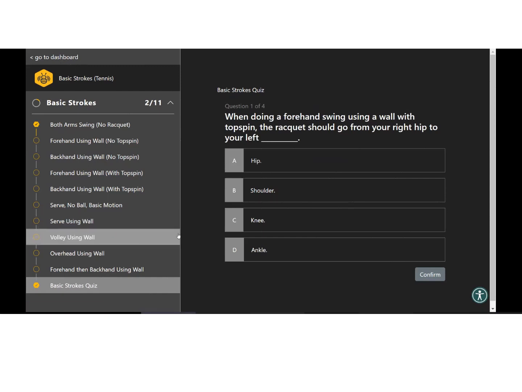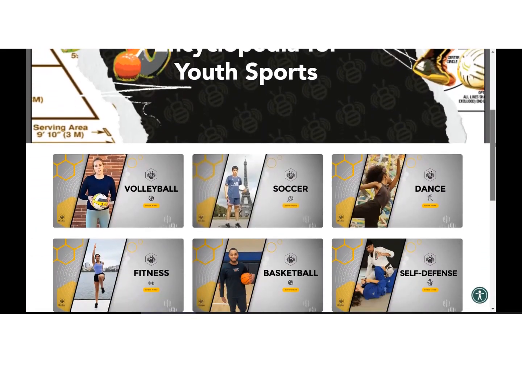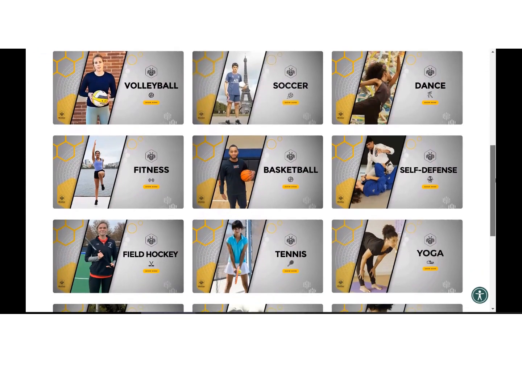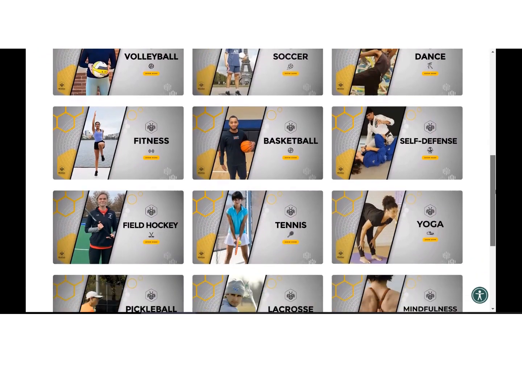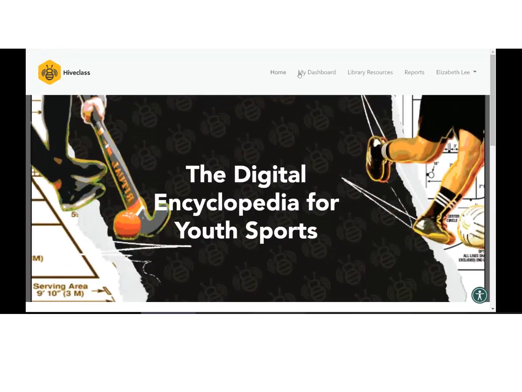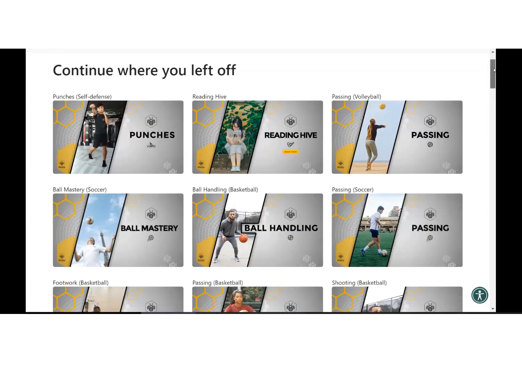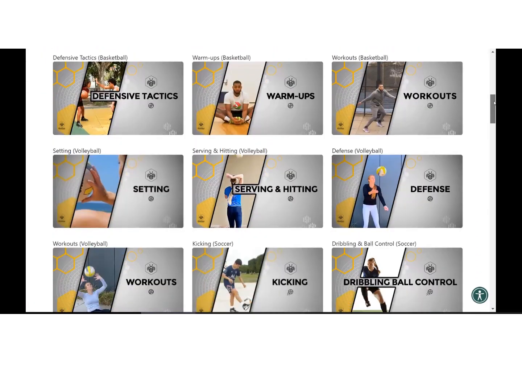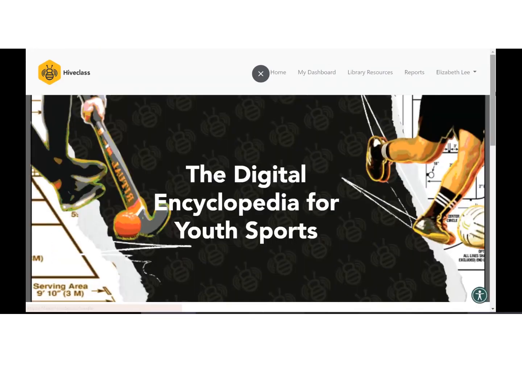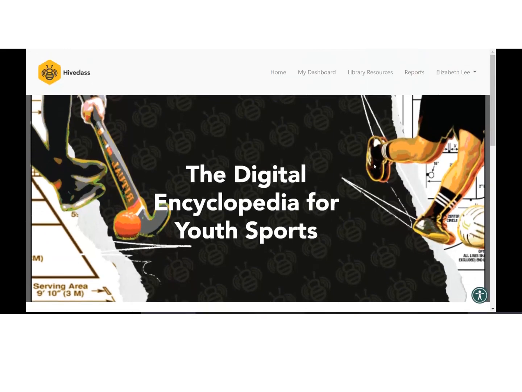The dashboard too is a place where the patron can pick up and continue where they left off. Obviously there are so many different courses available. That dashboard allows them to see and organize the units that they have started. So obviously Elizabeth here has gone through quite a lot, so it looks quite similar. Yeah, I'm a busy bee. Kind of get the point.